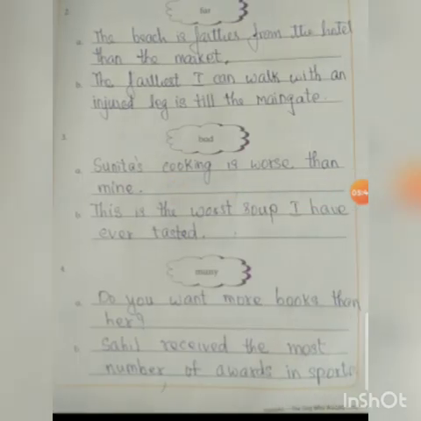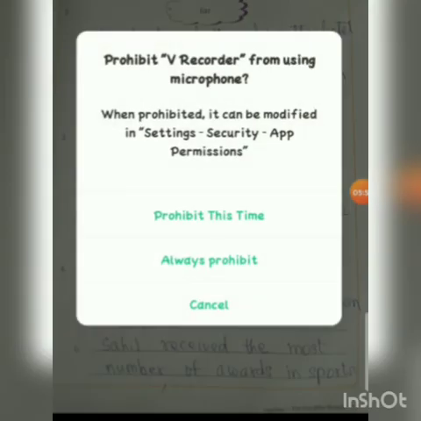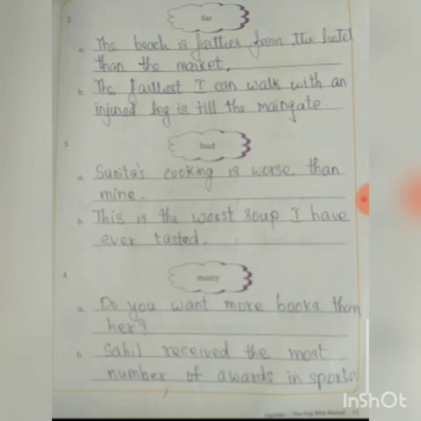Now the next activity is a think and ink activity. Write sentences using adjectives of comparison. One is done for you. She is a better singer than her sister. He is the best singer in the town. So good, what does it become when you compare? Better and best. Here are some examples given. The adjectives are given. You are going to make sentences using the degrees of comparison. I have done one, you can try this on your own.